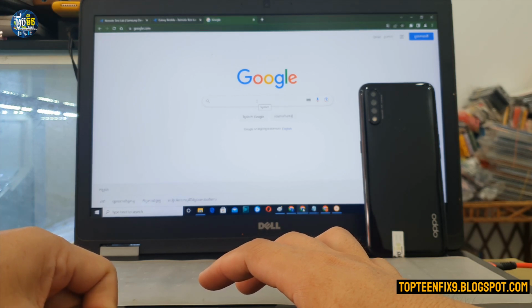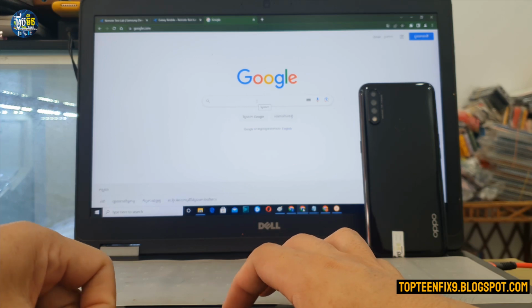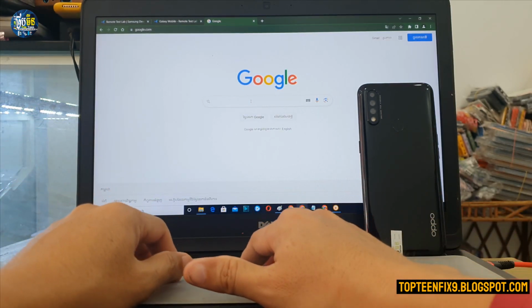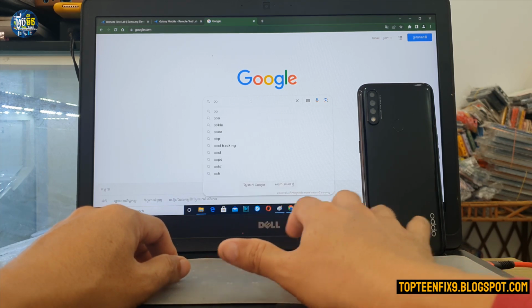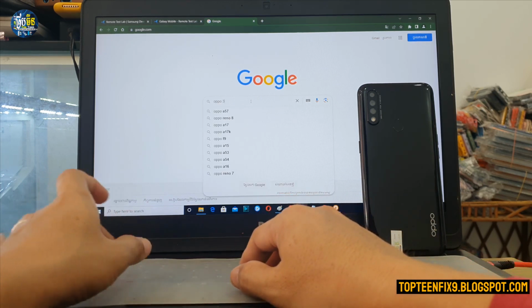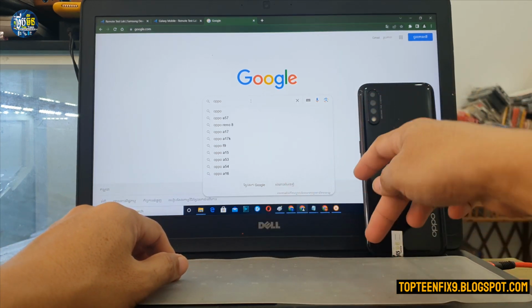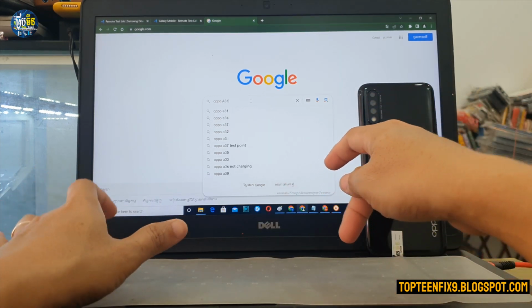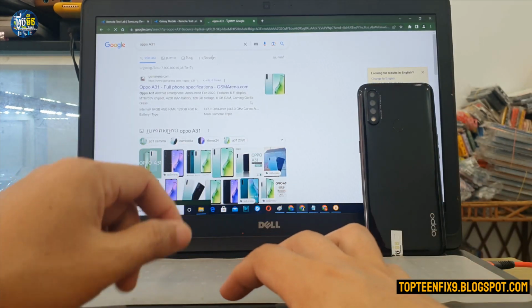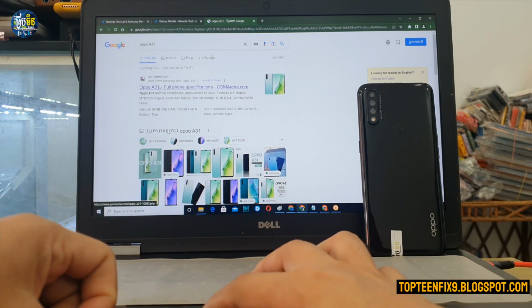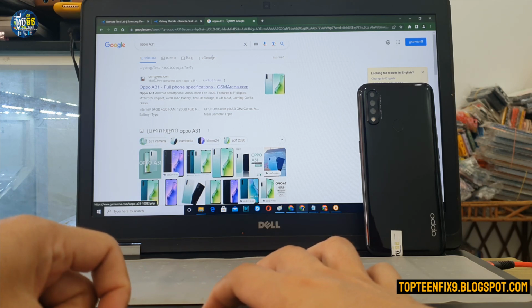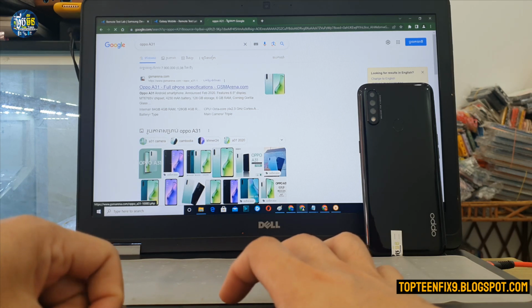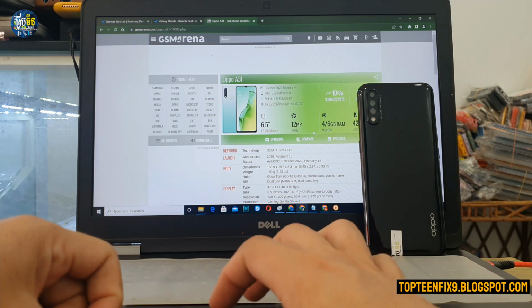first time we need to check the platform of the Oppo. You need to go to the browser and go to Google and type Oppo A31, and then you have to navigate to this website, gsmarena.com. Select on it, and then you have to scroll down